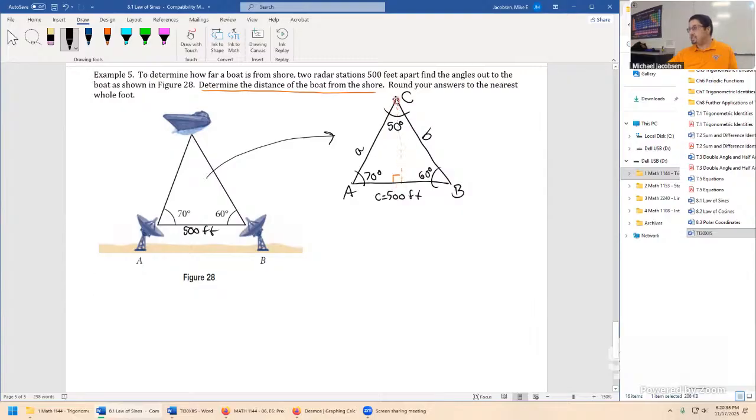To get this distance, we could find the side length A, maybe the side length B, or vice versa. But it turns out we don't need both. We just need to pick a direction to go. Because the moment you have one of these two side lengths, you now have a right triangle you're dealing with, and you can just use ordinary Pythagorean's theorem to find this height right here, which is going to be the distance we want to find. Let's use a better color because this seems like an important part of the problem, find the actual distance. So we'll call this D.